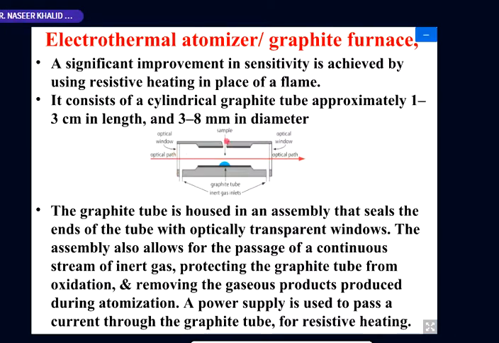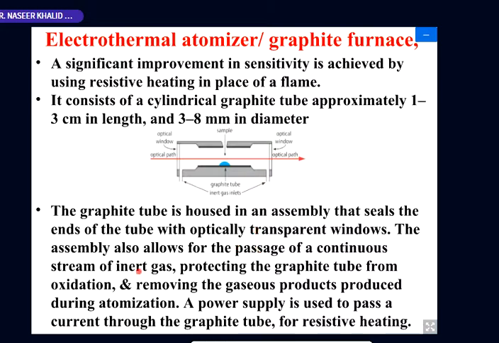So, what is the working of the electrothermal atomizer? It consists of a cylindrical tube, approximately 3 centimeter in length and 3 to 8 millimeter in diameter. The graphite tube is housed in an assembly, which is sealed with optically transparent windows on both sides. The assembly also allows the passage